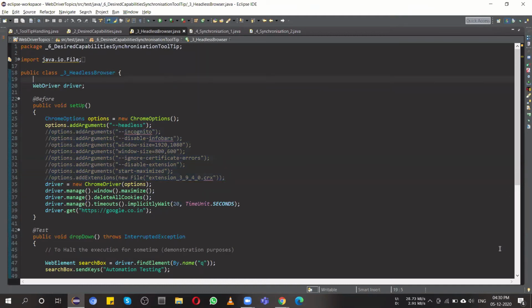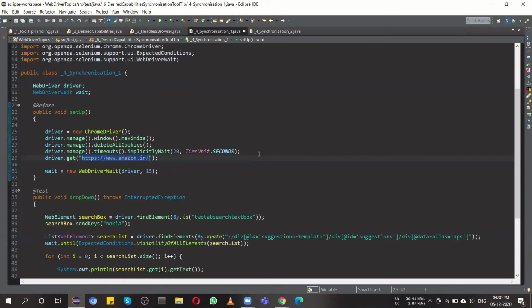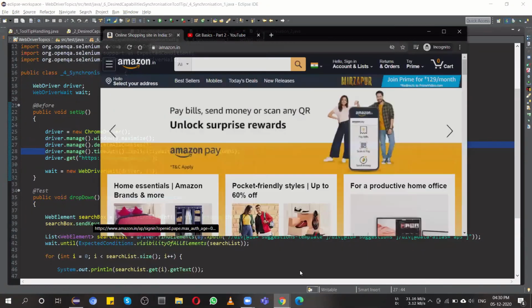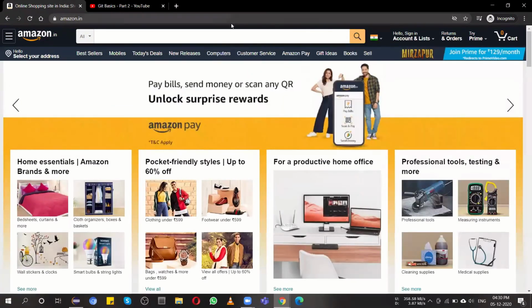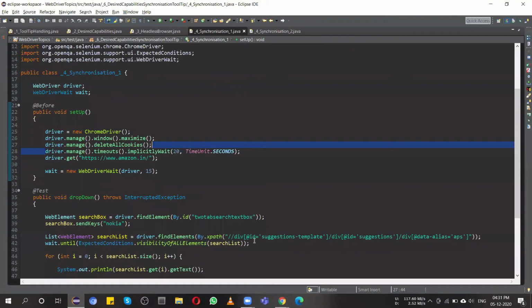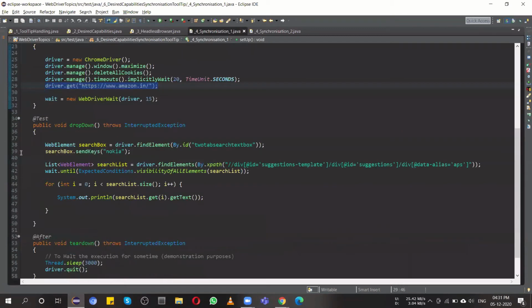Now for the next part we have synchronization. We already covered some of it, the implicit wait, but I'll tell you the scenario manually first. What is meant by synchronization? Why is it needed? Basically, Selenium does not have any capability that after hitting a particular website inside the script, it directly tries to find the web element which is over here.